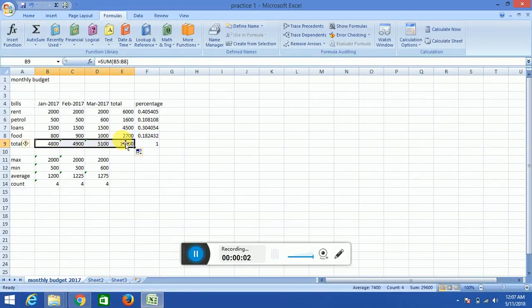Hello friends, earlier we spoke about basic Excel functions and now we are discussing two more functions. One is AutoSum, another is copy formula. In the first I mentioned that the sum function is the most common and the most popular function used